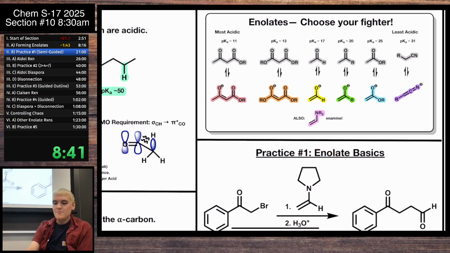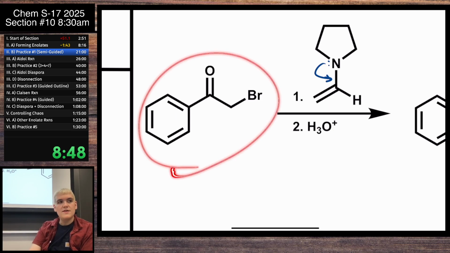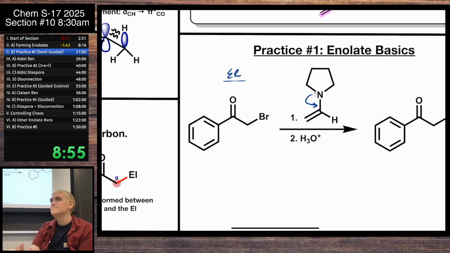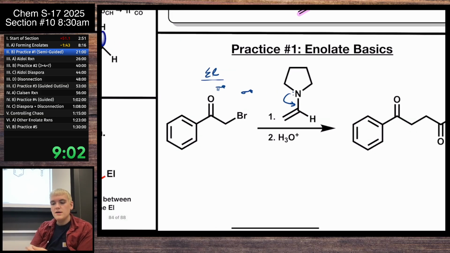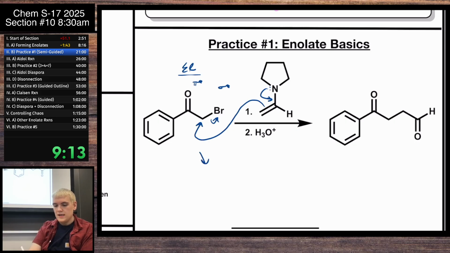So our enamine, we know that we can push down, and this double bond can go and attack something. In this other molecule, we have a couple of different electrophilic sites, right? So what's one electrophilic site? Yeah, we have the pi star, or we have the sigma star. Based on our product over here, does it look like we attack the pi star or the sigma star? Sigma star. So this double bond will do an SN2-like backside attack here. Then we will get to a structure